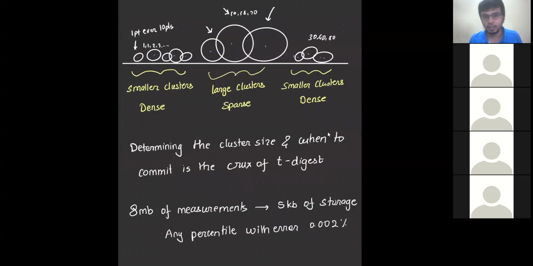Okay, did everyone understand the core of our algorithm? This is what the t-digest algorithm is all about. Instead of representing all the data points as is, we create clusters out of them, smaller clusters for smaller values and larger values, and larger clusters for more common values. Then we store these centroids in our system, and these centroids would have a very similar distribution to our actual data. Our cluster size would grow from small to large and then back to small.